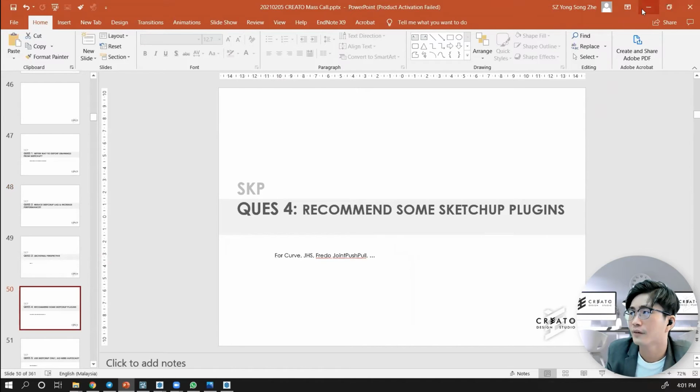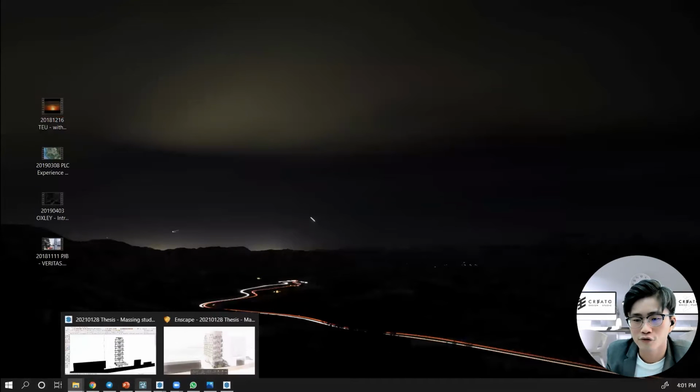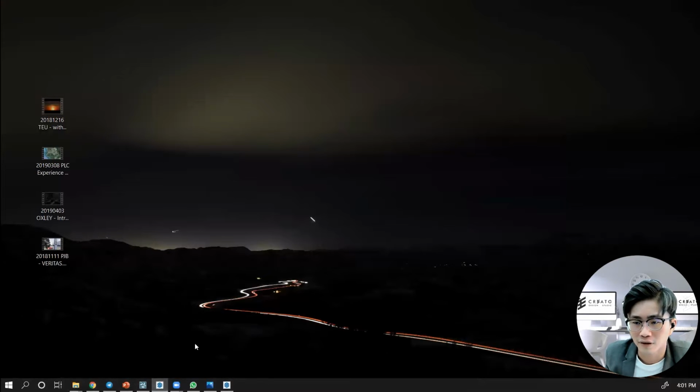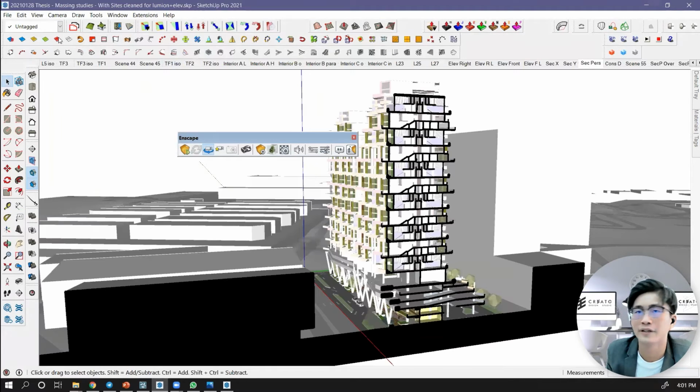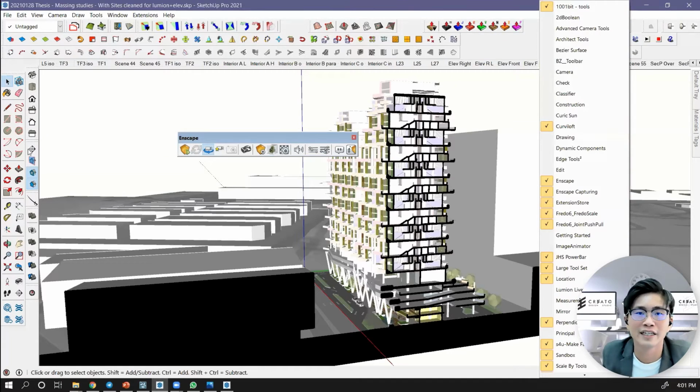Firstly, it's about curves. If you want to draw a curve, you can go to my SketchUp. So for curves, what tools do I use?